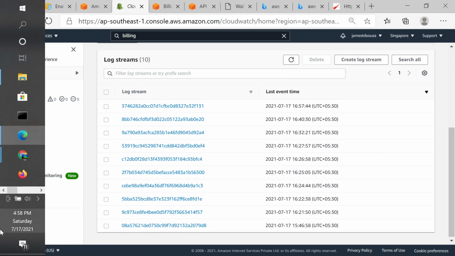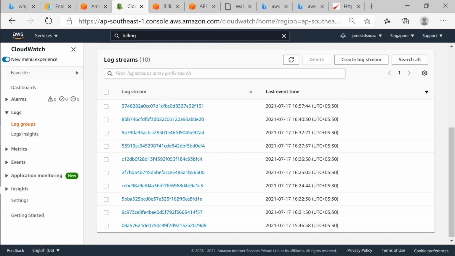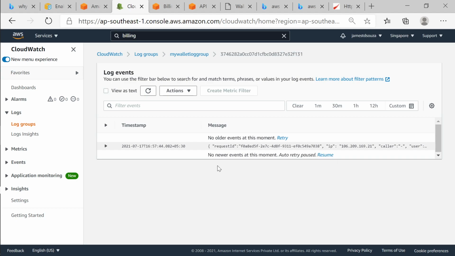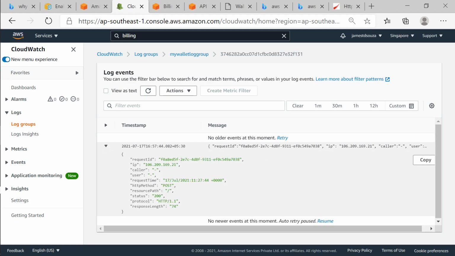So just now I made a call 457. There is an entry over here, and the first thing I'll check is the status of the request. Was it successful? I see it is 200, which is a good sign. 200 means everything went through the API, and the API was able to call the lambda.